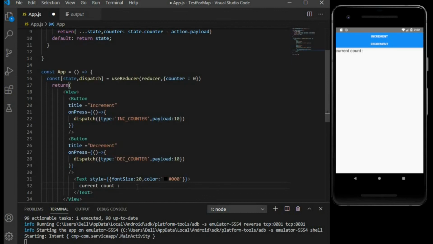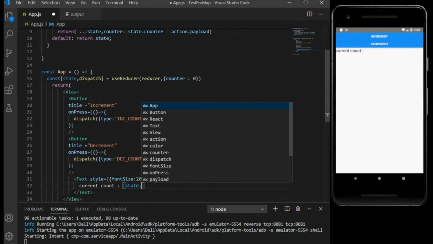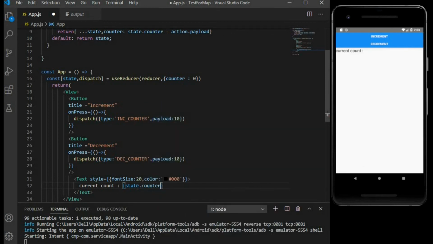Currently our counter state is in state.counter, so I'll print state.counter. And when I press the increment or decrement button, you can see the current count is changing by 10. So this is the functionality that we want.